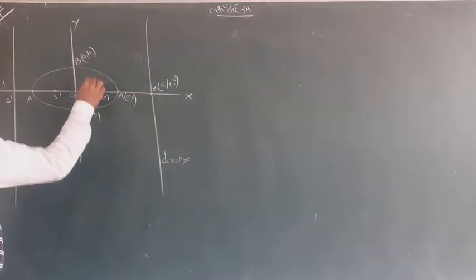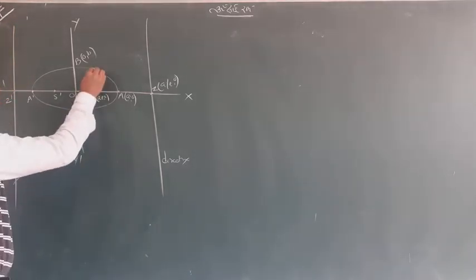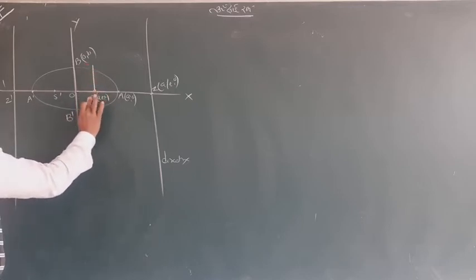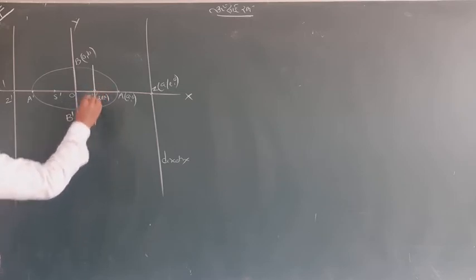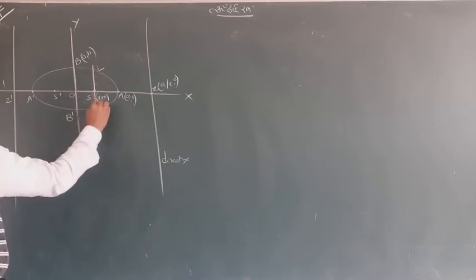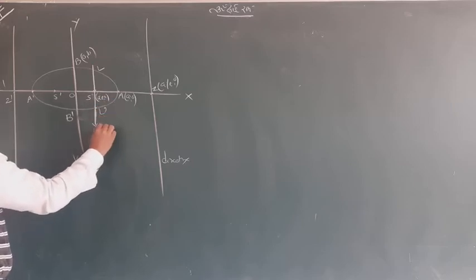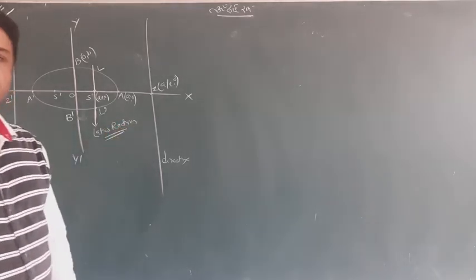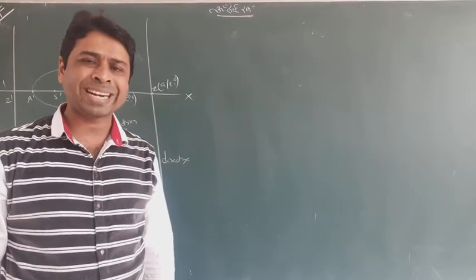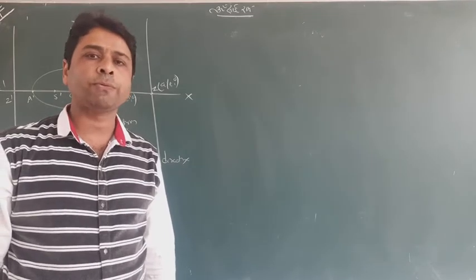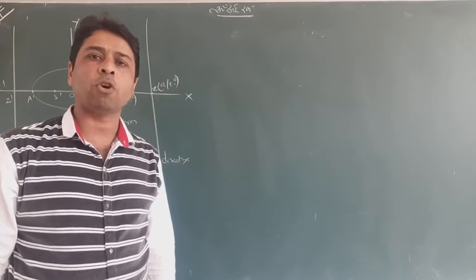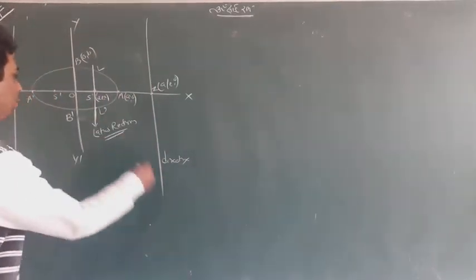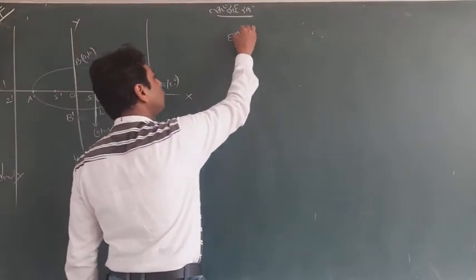Now I draw a line. Suppose this is L and L dash, and you know about that line, it is called the latus rectum. Hope you remember that. You're familiar with the words. In the parabola, we already saw that the line passing through the focus perpendicular to the x-axis is called a latus rectum. And we will find the length of L to L dash. For that, I will find the equation of the latus rectum. I know that you know it.